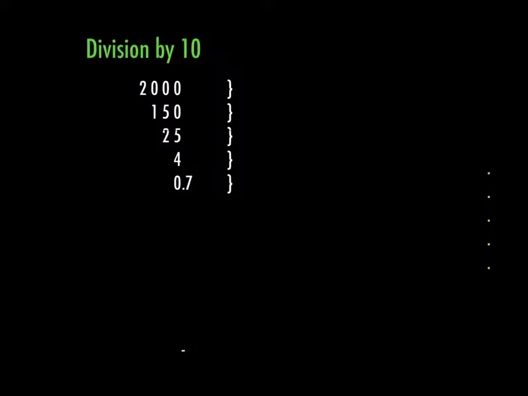And if multiplication moves the decimal point to the right, then division, which is the opposite operation, is going to move the decimal points to the left. And I'm going to bring over my friendly decimal points here, and we're going to put them here. Now what I'm doing is pretending that all of these things have decimal points. For 4 we don't have to write a decimal point after the number 4,